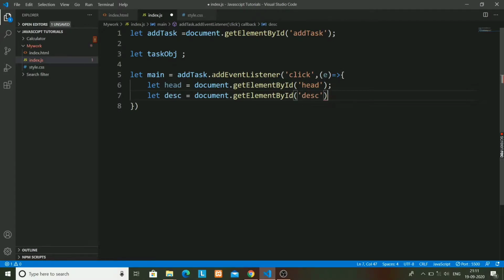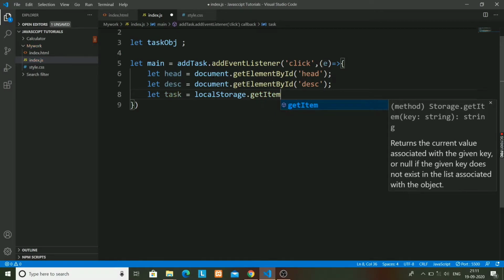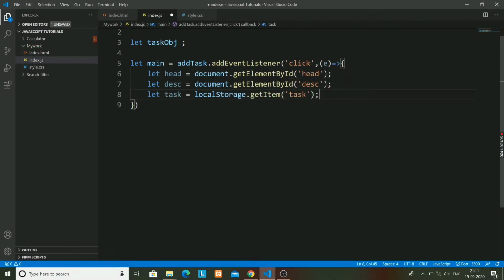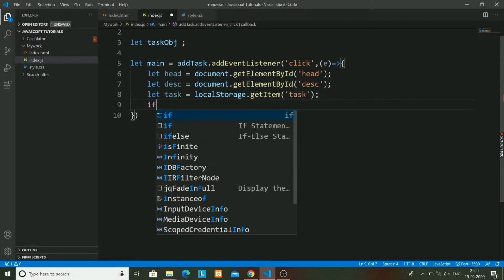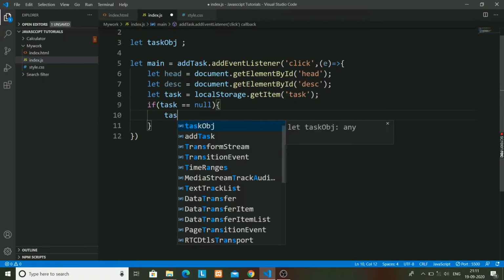After this I will take a task as localStorage.getItem. I will use local storage for storing the task. So I will first check whether there is a previous task or not. So if task equals null, then I will make task obj an empty array,